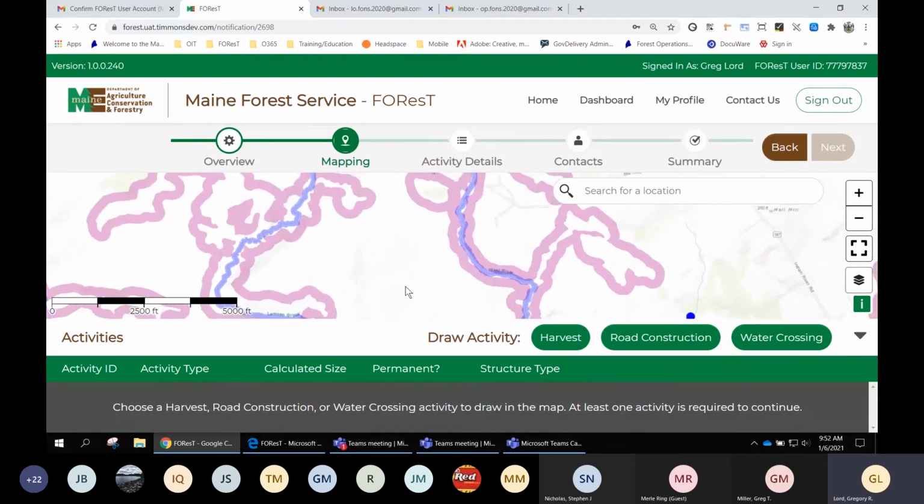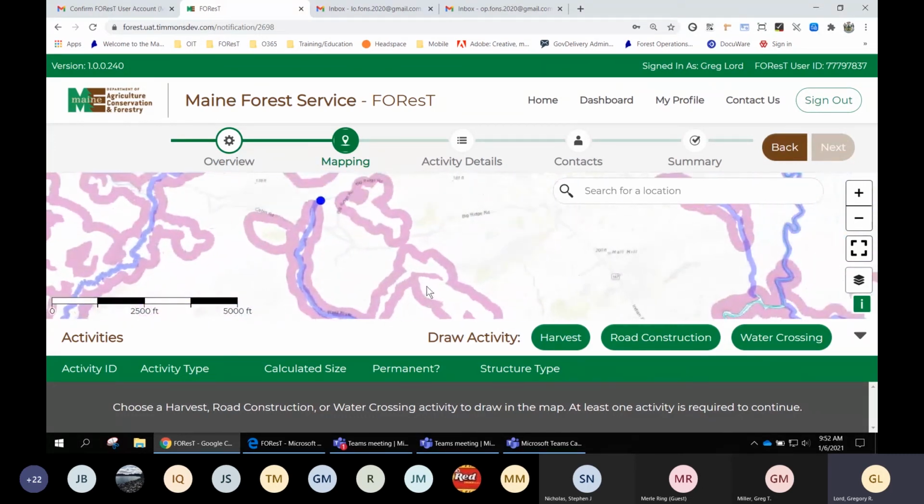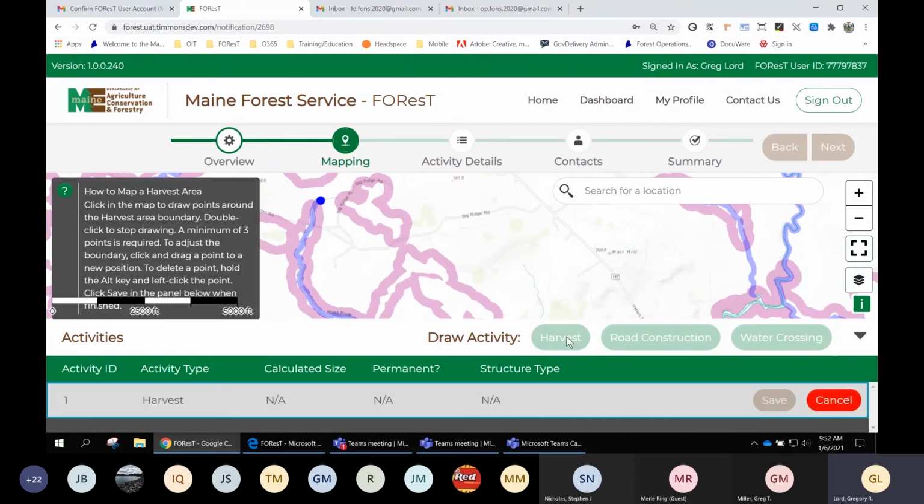So once you've kind of got to a point where you're like, okay, I think I'm close to where I want to be to map my activities, you would use one of these 3 buttons down here that were mentioned before. We'll start out by drawing a harvest. So you want to click on the harvest button. And you'll notice that to the left-hand side here, instructions come up on how to draw a harvest area. And with your mouse, there's a kind of a floating dot. And to start drawing, you would just click once and drag,